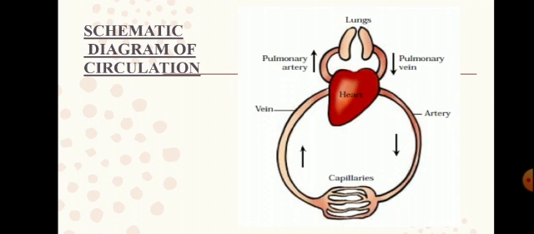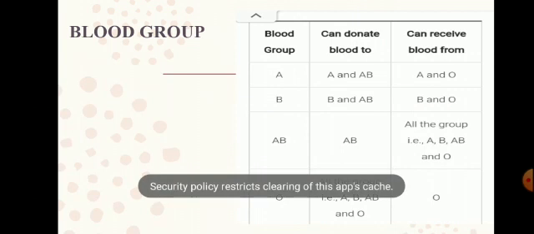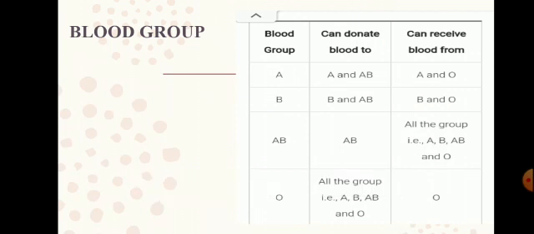Okay, then we studied oxygenated blood and deoxygenated blood. Listen, the blood that carries oxygen is called oxygenated blood. The oxygenated blood comes from the lungs, where oxygen from the fresh air gets mixed into the blood and is carried towards the heart.